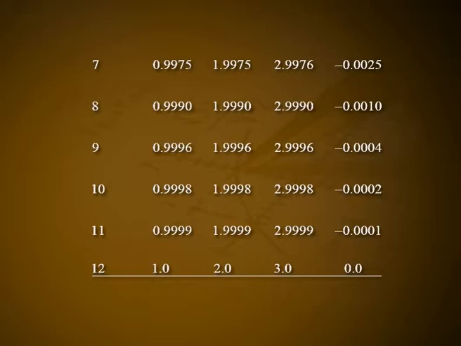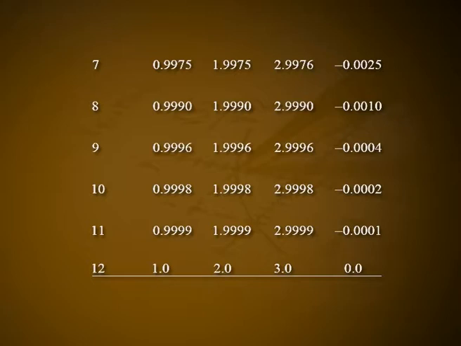0.9996, 1.9996, 2.9996 and minus 0.0004. By the 10th approximation, they are 0.9998, 1.9998, 2.9998 and minus 0.0002. By the 11th approximation, the values of x1, x2, x3 and x4 are respectively